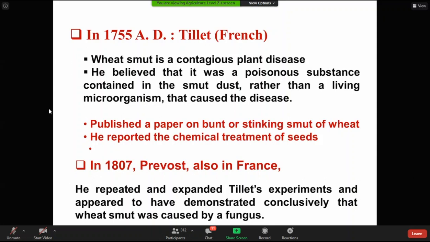And you see, 52 years later, Prevost, another Frenchman, another French colleague, repeated and expanded Tillet's experiments. সে ওয়ার্কটাকে রিপিট করলো এবং আরেকটু মডিফিকেশন আনলো, এবং সে একটা কনক্লুশনে আসলো যে না পয়জনাস সাবস্টেন্সেস না, হ্যাঁ, স্মাট অফ হুইট কজড বাই এ ফাঙ্গাস, একটা ছত্রাক দিয়েই এই ডিজিজটা হয়, সে প্রমাণ করলো। প্রিভোস্ট আরেকটু তার রিসার্চটা কন্টিনিউ করলো, দেখলো যে নো, হুইট স্মাট বেসিক্যালি কজড বাই এ ফাঙ্গাস।